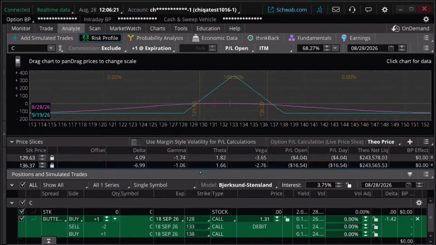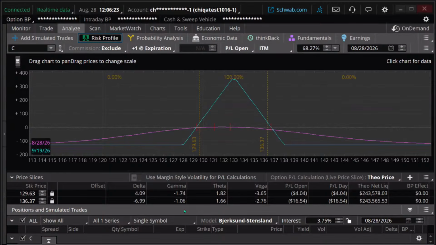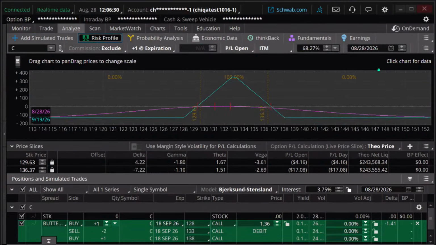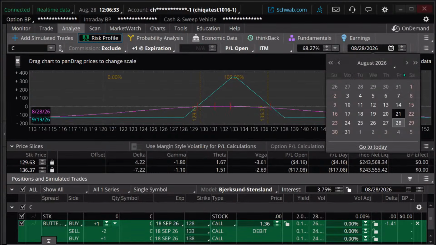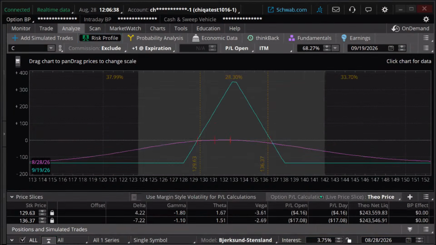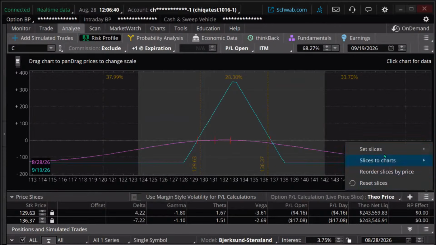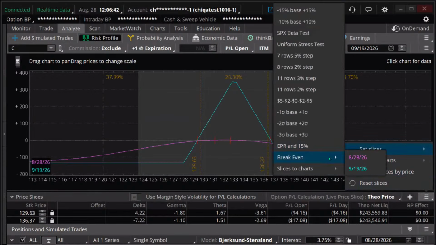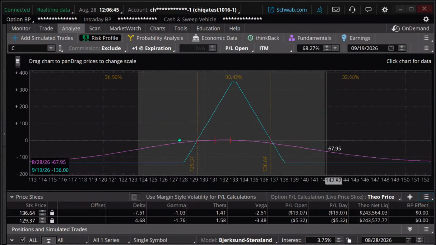But let's do this. Let me go down here and just pull this up. And I want to point out something to you. Let's go September, let me just switch my date here, okay? I want to point out one of the challenges with that traditional butterfly. It's right here. Now, probabilities aren't guaranteed, but that's a lower probability trade.